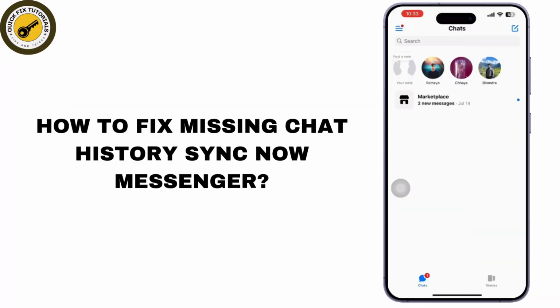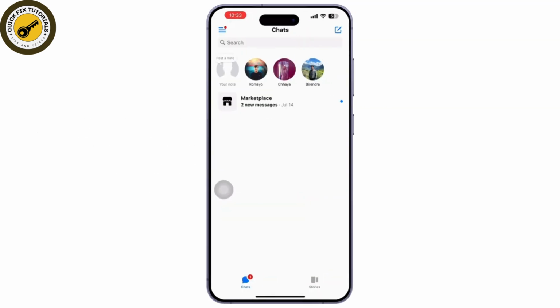If your Messenger app shows a missing chat history error or chat history is not syncing properly, then today we are here with a step-by-step guide on how to fix it. Firstly, check your internet connection. Ensure you are connected to a stable Wi-Fi or cellular network, or simply restart your router or switch to a different network if necessary. Even after checking your internet connection, if it still shows the same error, then simply